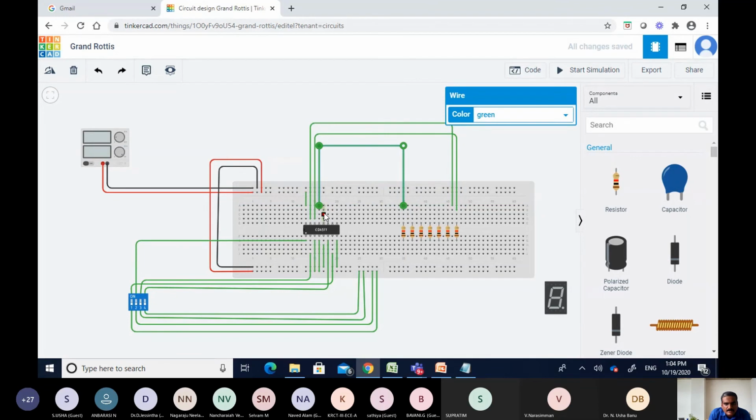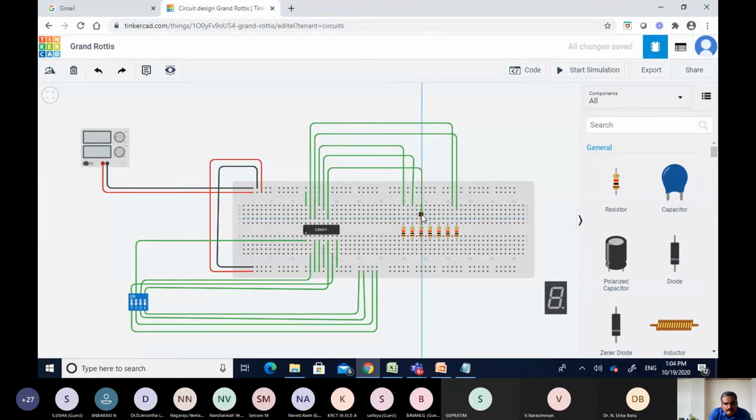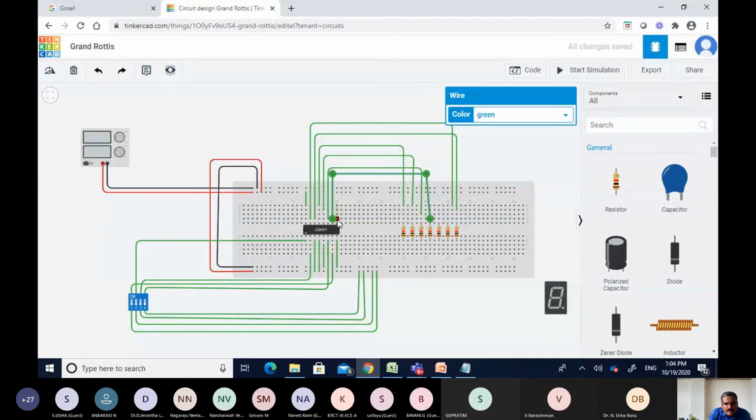So next resistor, we will be using it for B. So this one is for C. And then you have D. And then last one is E. So E, I'm directly connecting it with A, B, C, D, E.